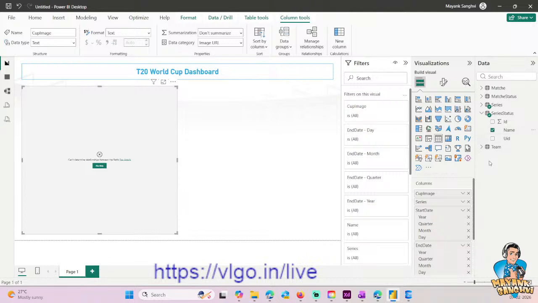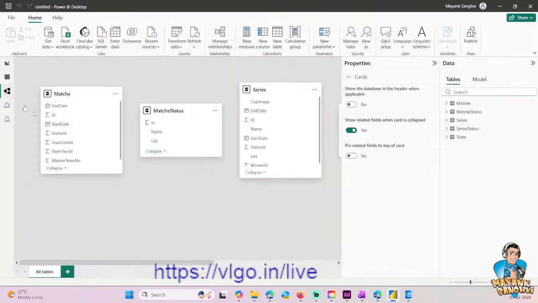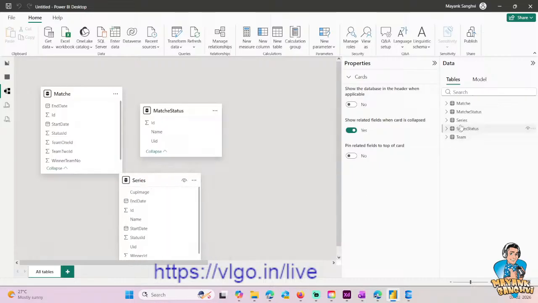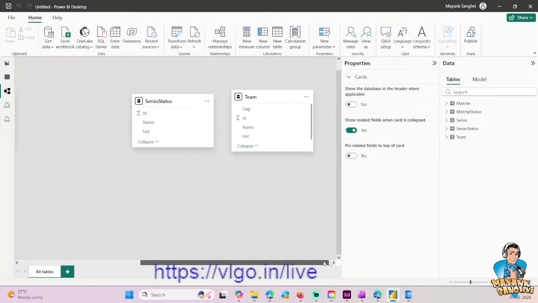Right now it is failing because this is something very important. Every time you are importing any table, either a SQL Server table, Excel file, anything, you need to ensure you create a proper relationship between those two tables. First is match. Right now we need to work on series. So I'm going to select series, and then we have something called, or let's try to, right now we have